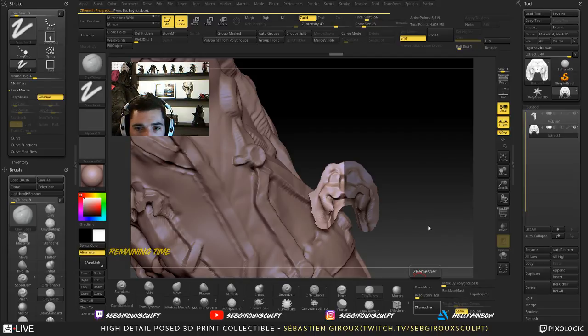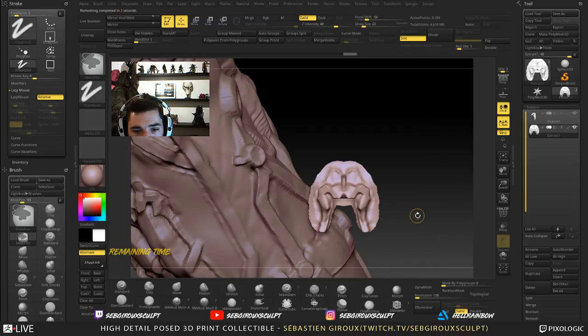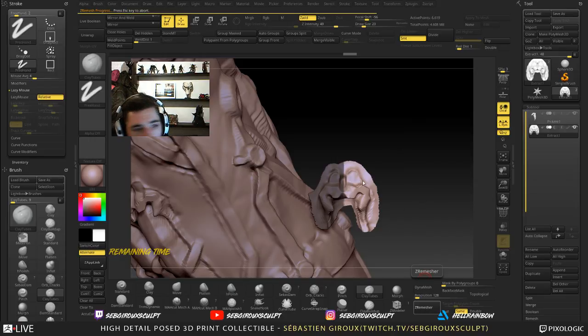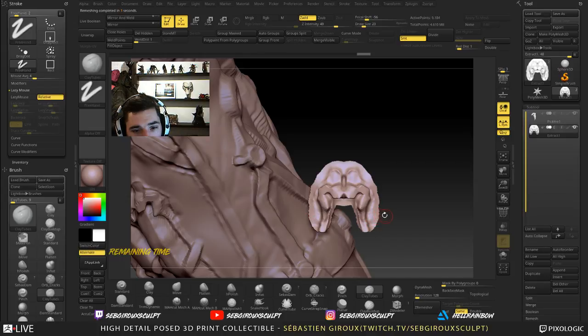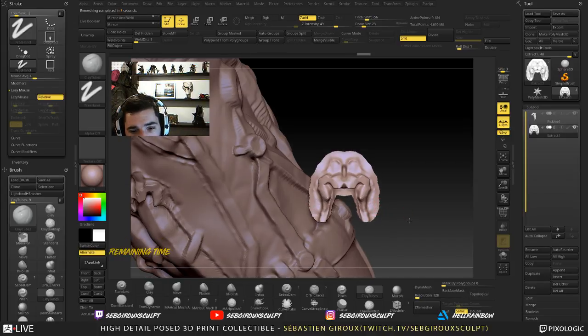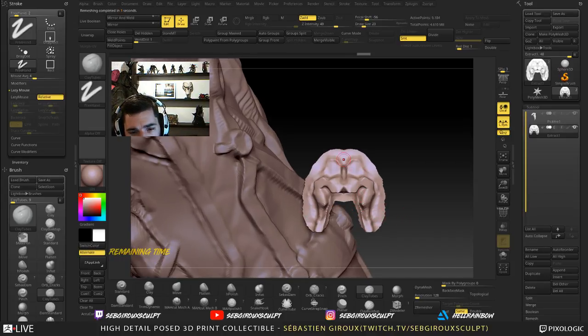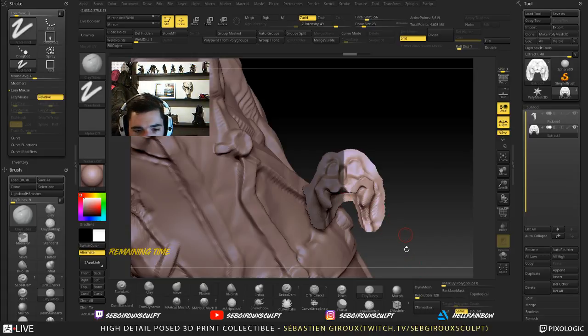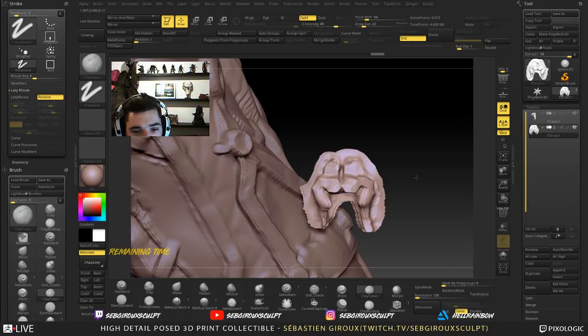Is it this one? I'm just trying to figure out how it was working again. Okay, it's weird, in my mind you could actually isolate one side and it would only reproject on the other side, inverted. But I guess if you want to do that, then you can always, oops,